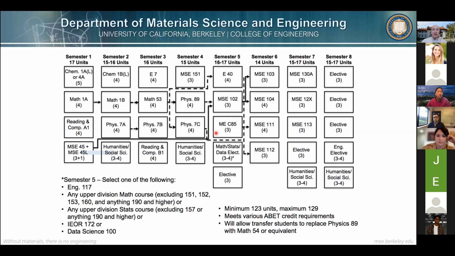Now, the other thing I would point out here that's perhaps quite attractive is that we have built in quite a bit of flexibility. You can see these things listed as electives here and here and here and all over the place. What we found was that our students really wanted to be able to adapt their curriculum to themselves, right? What are they interested in? Where do they want to take it? And it's not like our students are taking underwater basket weaving for their electives, right? They're really taking challenging courses, but courses that are meaningful to them. And we want to give you that autonomy to find your own pathway.